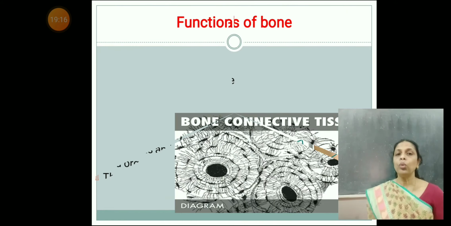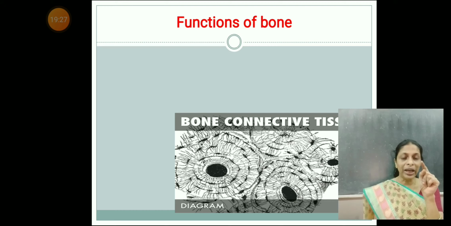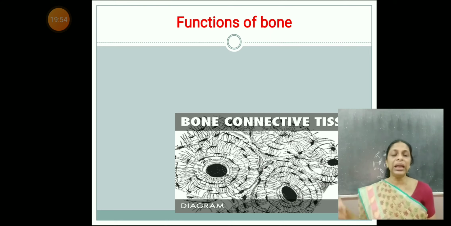Now let's see the structure and functions of a bone. So in the picture you can see the central canal, the dark black colored structure. Around that, can you see some more black colored structures? These are the lacunae, right? And inside that you find the osteocytes. These lacunae are arranged in concentric circles, and they are all connected by means of fibers. These are the fibers. So that you can see clearly in the picture.